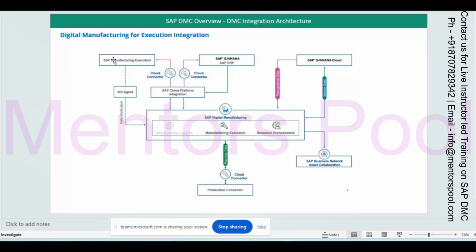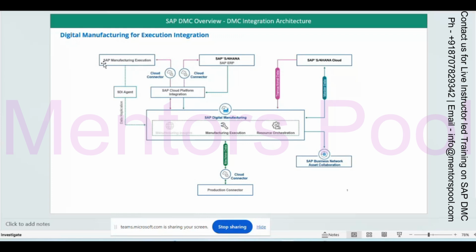But whenever SAP is telling the client to come to the DMC, they are also giving some way that you can still use the SAP ME and you can come to the cloud. If you already have SAP ME that you are using, use it for some time.